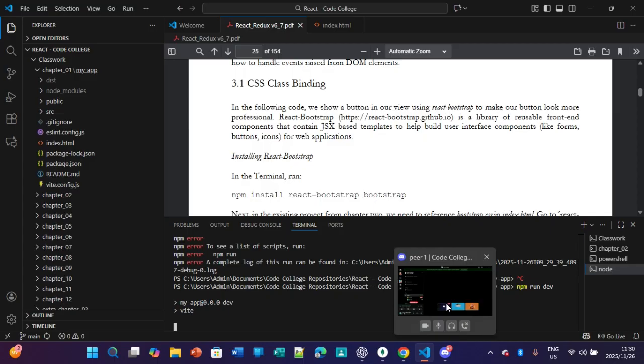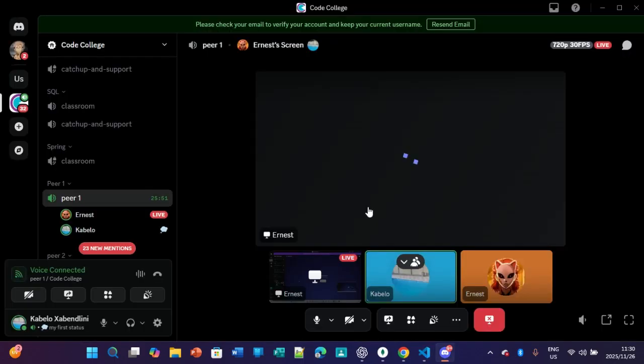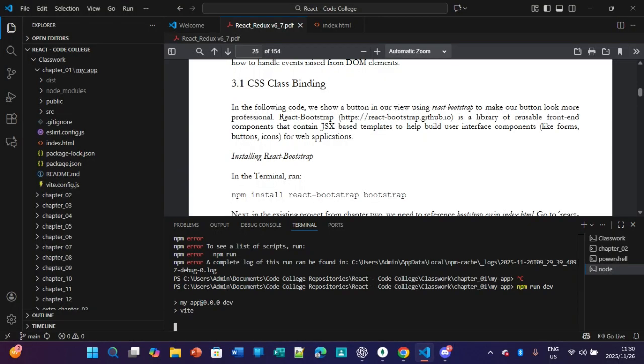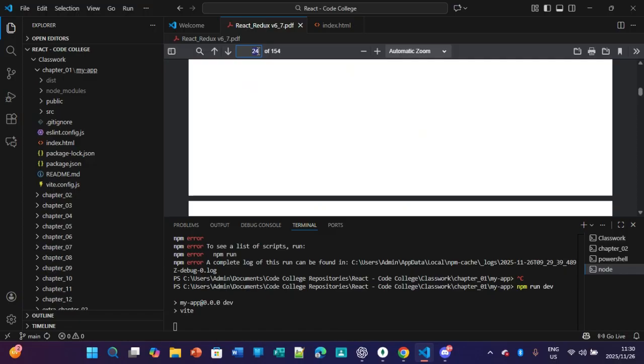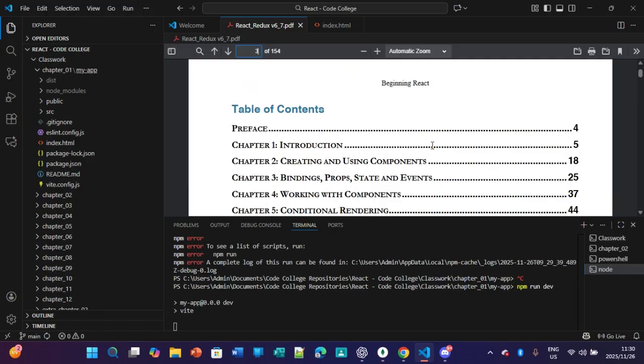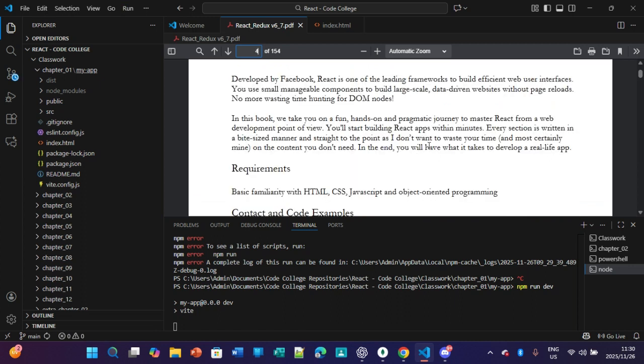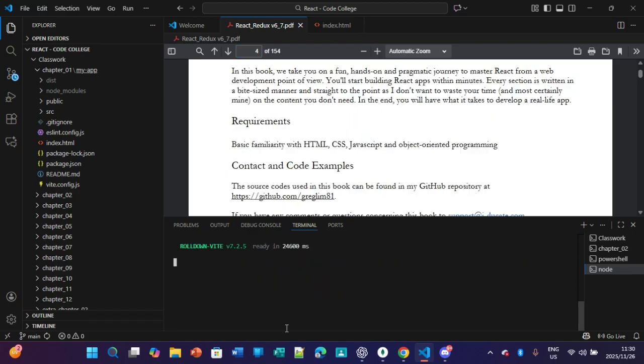And today we'll be introducing React, and we'll be summarizing chapter one of our React book. I'll take you through the introduction, because obviously chapter one is all about introducing React. So chapter one introduces React. What is it? It's built by Facebook,